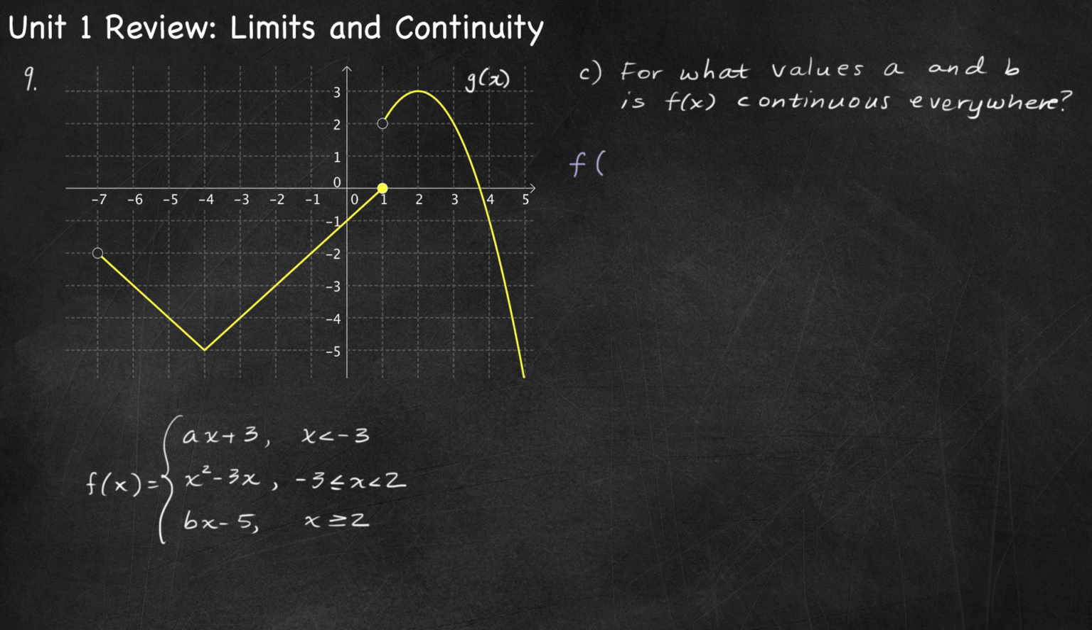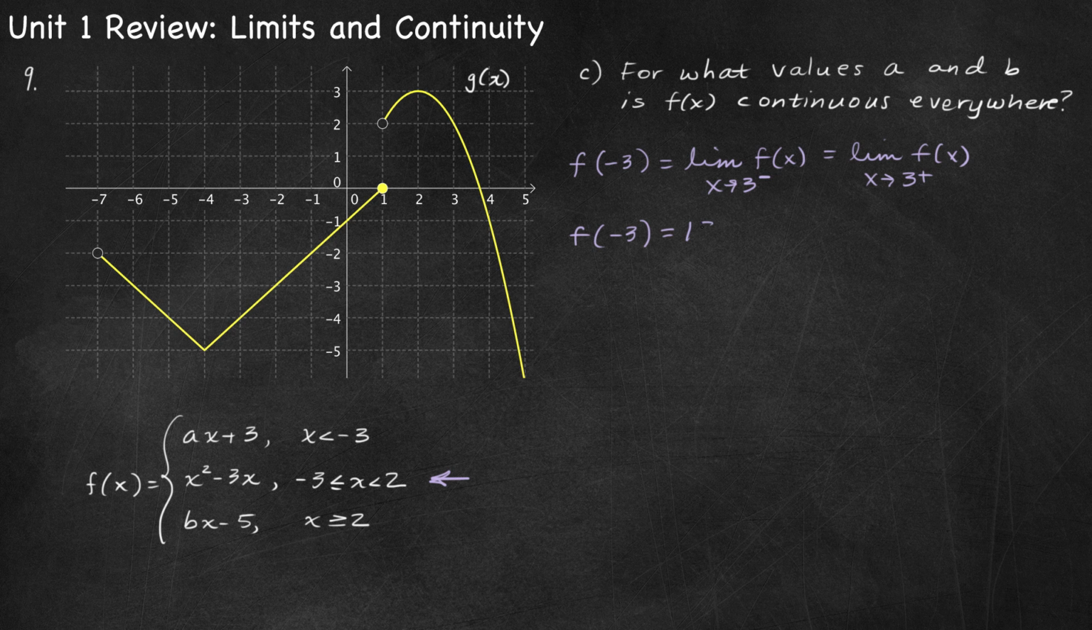So we need f of -3 to equal the limit of f as x approaches -3. And in order for the limit to exist, we need the left-hand limit to equal the right-hand limit. So first of all, f of -3 equals, by substitution, we're looking at this middle piece because that's where we have x equal to -3. So substitution is going to give us -3 squared, which is 9, minus 3 times -3, which would be 9